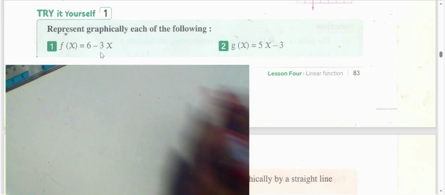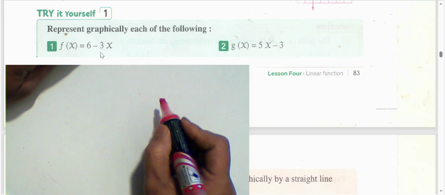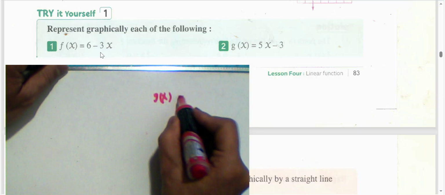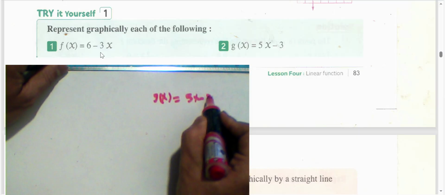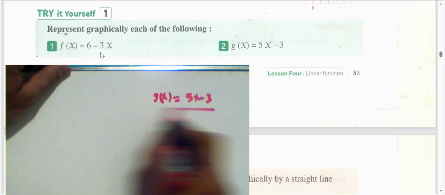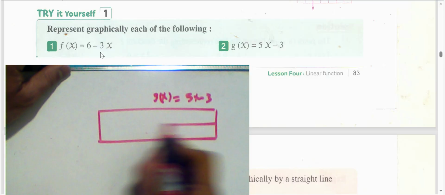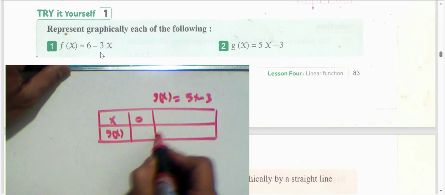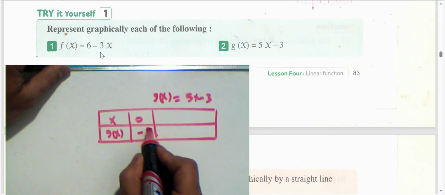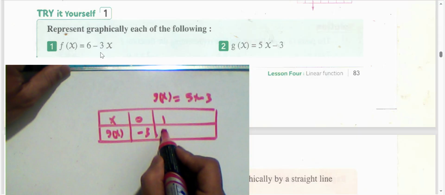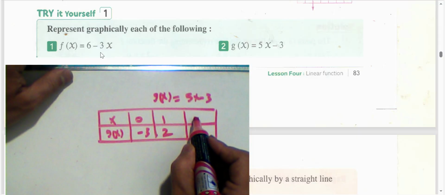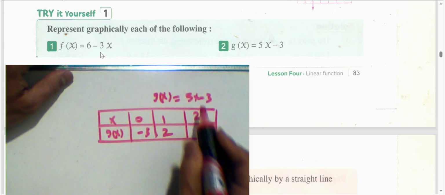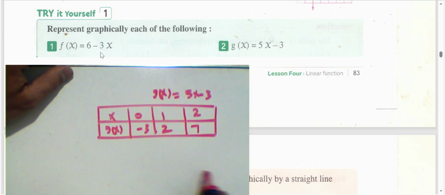Next question, g of x equals 5x minus 3. We can draw the table. We have x and g of x. With x equals 0, 5 times 0 is 0, and 0 minus 3 is negative 3. 5 times 1 is 5, and 5 minus 3 equals 2. Here 2 times 5 is 10, and 10 minus 3 is 7. Then we can draw